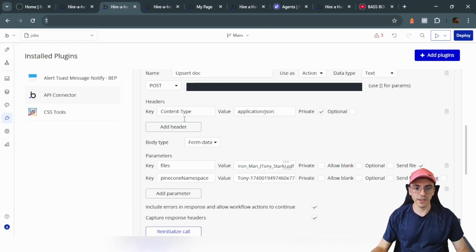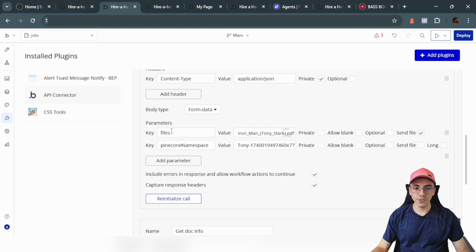Then you create a header with the key as content type and the value as application JSON, and you add these 2 parameters. One is the file, basically the resume from the candidate. You have to check this, and the other one is the Pinecone namespace, which we are going to reference